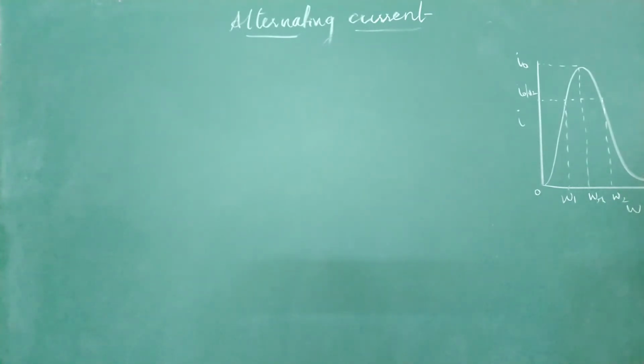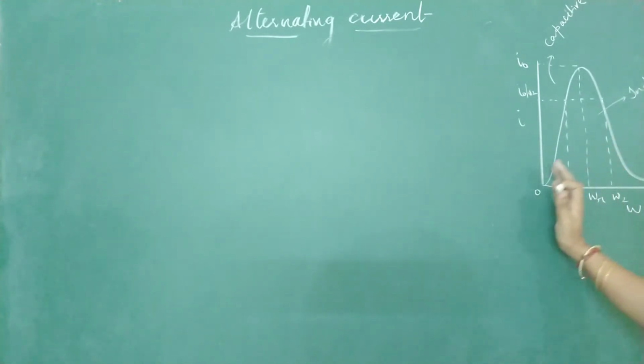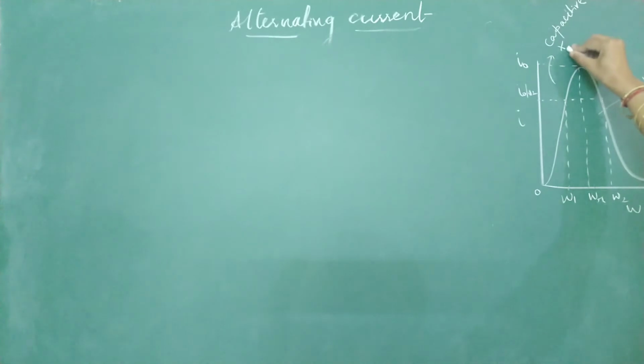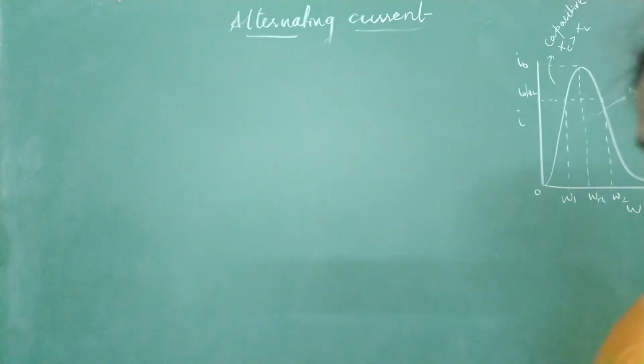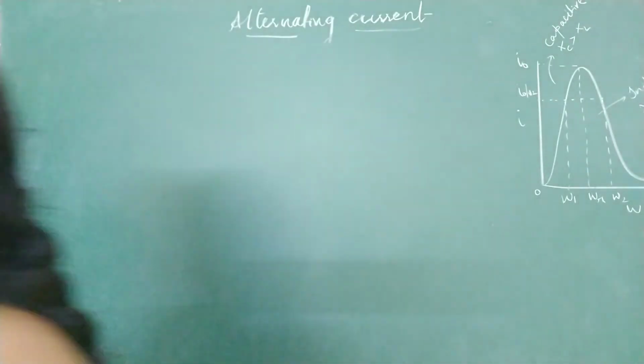In the previous class I have already discussed that below the resonating frequency, the circuit is capacitive, and above the resonating frequency, it is inductive. For a frequency less than the resonating frequency, Xc is greater than XL, so I call it capacitive. Beyond this, XL is greater than Xc. Now, since current is reduced to I0 divided by root 2 at omega 1,